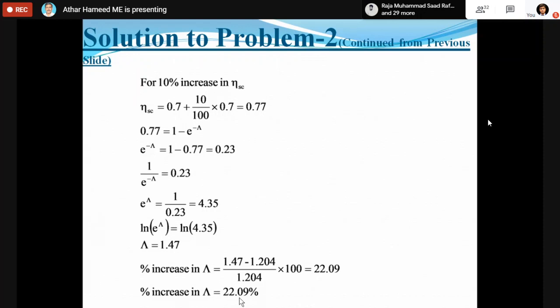10% उसका इंक्रीमेंट हुआ है. देखिए, आपने जब इंक्रीज करना है, अब आप कहते हैं कि 100 में से 10 इंक्रीज हुआ, इसका मतलब यही है ना. 10% इंक्रीज का मतलब क्या होता है? 100 में से अगर 100 एफिशिएंसी होती तो 10 इंक्रीज होता. अगर 0.7 एफिशिएंसी है तो कितना इंक्रीज होगा? ठीक है ना. तो वो आपका ये फैक्टर आ जाता है. इसको फिर इसमें ऐड कर देंगे तो 0.77 हो गया.